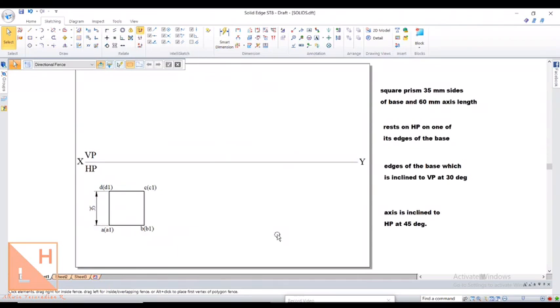And that completes the top view for this particular solid problem. So the front view will have the length of the axis which is standing vertical. Since the square prism is resting on HP, we'll draw the plane figure on HP, and we have done that. For drawing the plane figure, only the side length is enough. So with the help of the side length of 35, we have drawn the polygon. Since it is resting on one of the edges of the base, we have kept the base edge on the right side. Remember, right side. And now we need to draw the front view of this prism, which will have the length of the axis.